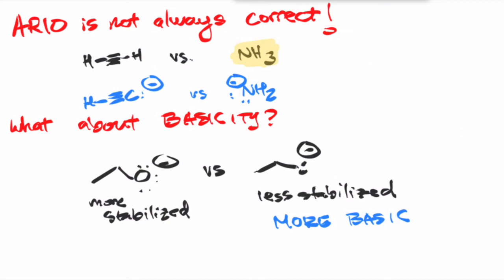And when it comes to comparing basicity, you don't have to imagine the conjugate. You can just compare the base molecules as is. All right, and the last thing I want to talk about here is how solvent can affect the pKa's, the acidity of your compound. We'll take a little example where ARIO will not help us to explain why one molecule has a higher pKa than another. An explanation, it turns out, comes from the interaction of the molecule with the solvent.